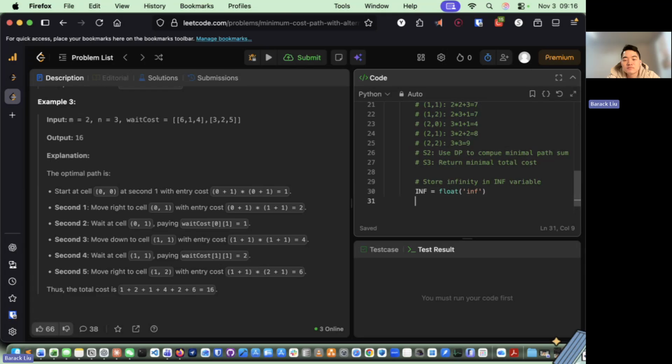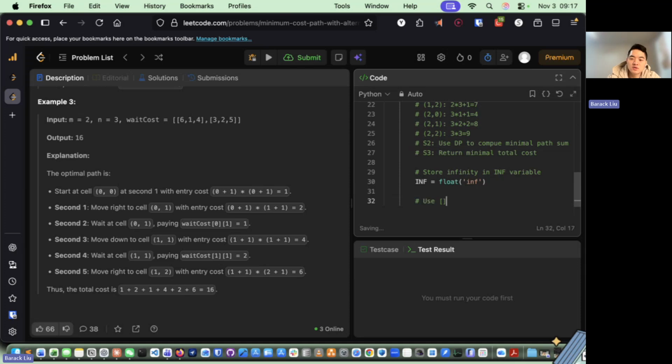So the infinite is kind of like upper bound. And then what we need to do? We need to create a 1D dynamic programming array, right? To hold the minimum costs. So we need to use infinite multiply by n